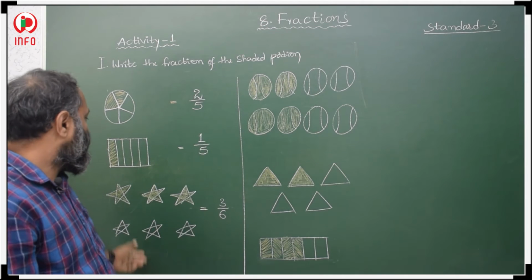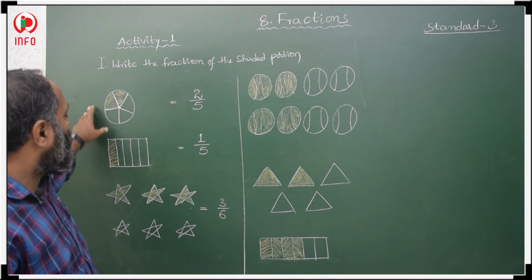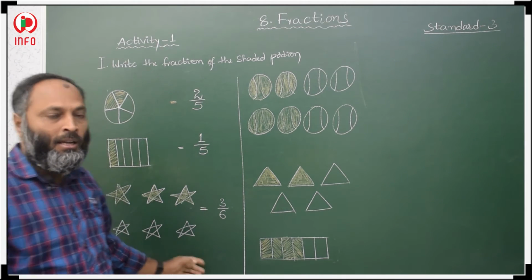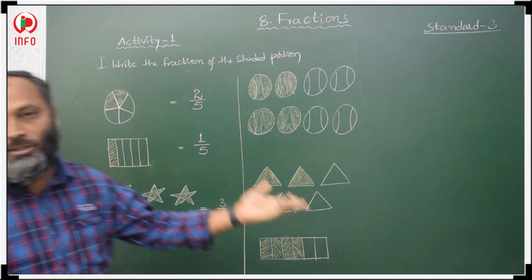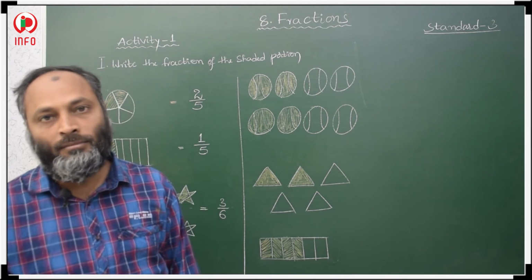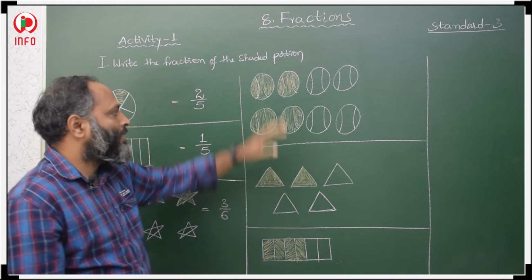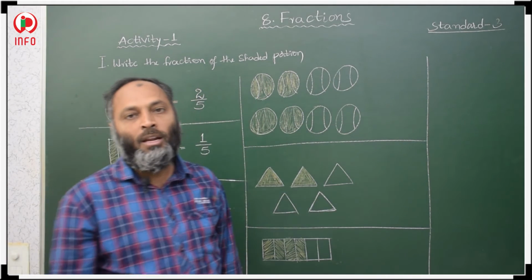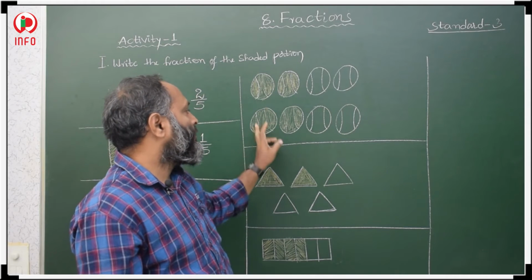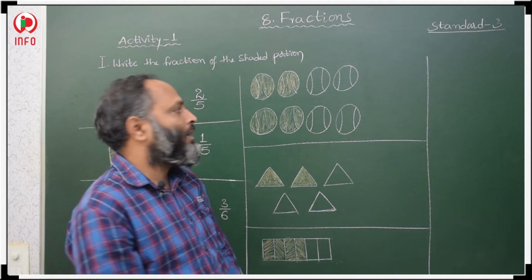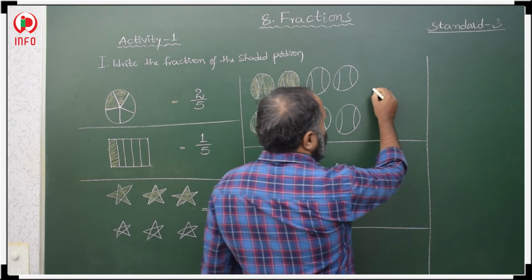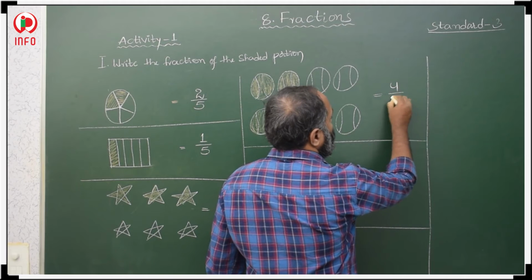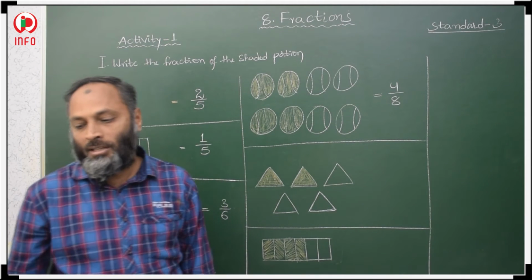Okay. So, it is a fraction in a whole. Here, a fraction in a collection of so and so. Now, how many balls do we have here? 1, 2, 3, 4, 5, 6, 7, 8. Total 8 balls. Of these 8 balls, 4 balls are colored. So, how to represent this collection in a fraction? 4 balls are colored out of 8, that is 4 by 8.